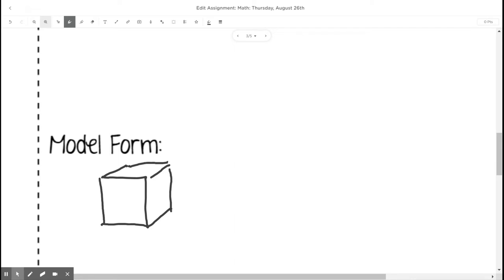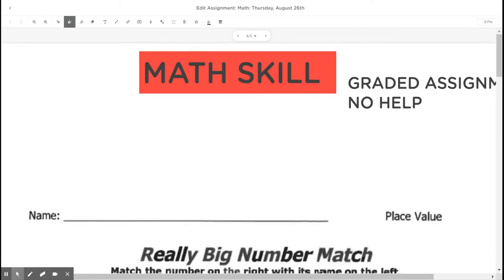Now, I don't expect them to look very pretty. All I expect is that they look different than a hundreds block, which is just a square, and they need to look different than a tens block, and then different from a ones block. After you complete this, on the next page,